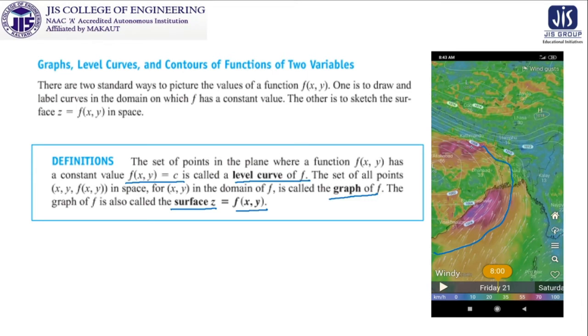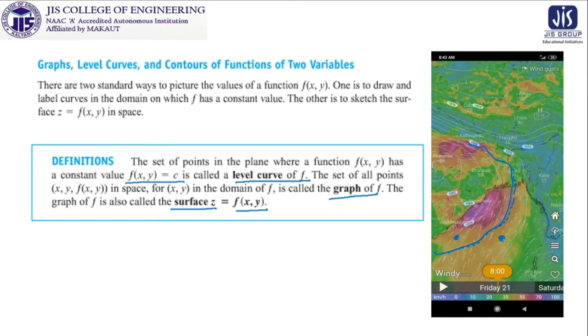And if you see, there is a number written, 1008. What is the meaning of this 1008? It may have any unit, it may be the quantity of rainfall, it may be the speed of wind, but the most important thing I want to emphasize is that on this particular line everywhere it is projected that the value will be 1008. That means in this particular region it is not 1008, in this particular region it is not 1008.